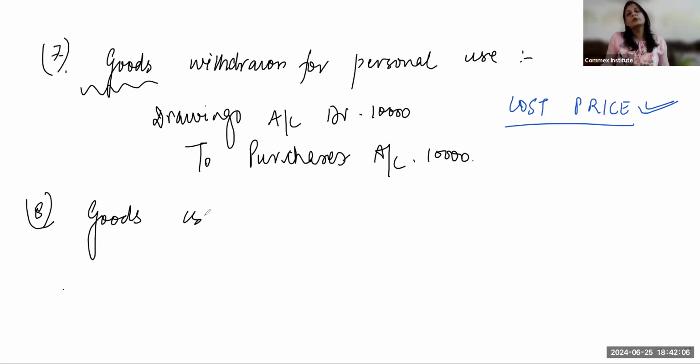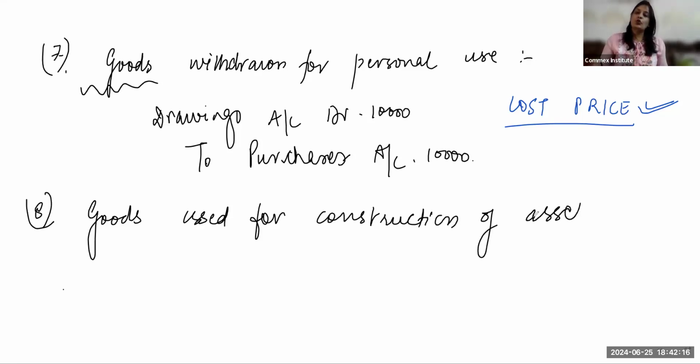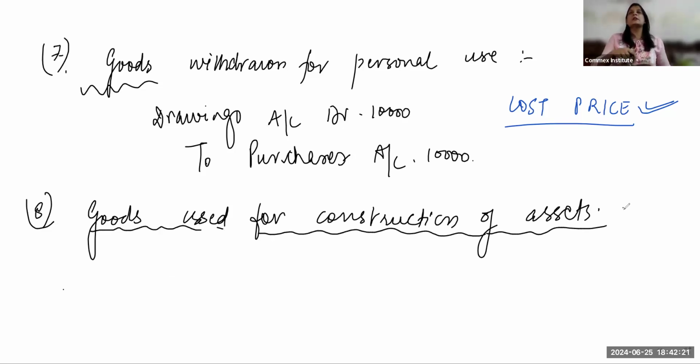Goods used for construction of assets, not own assets, I mean business assets. Suppose I'm into the business of cement, okay? I deal in the cement industry. Now I have to construct my own office building. I use my own cement. So, just to give the example, using own cement,